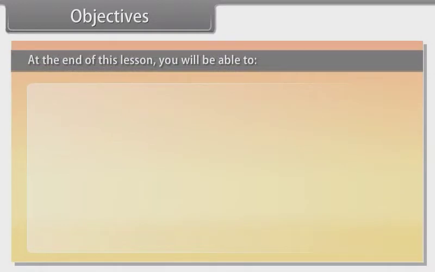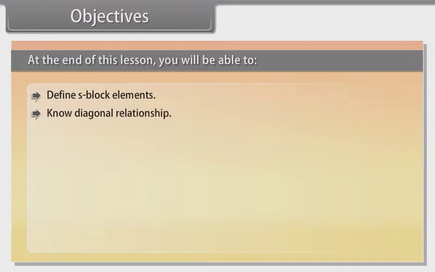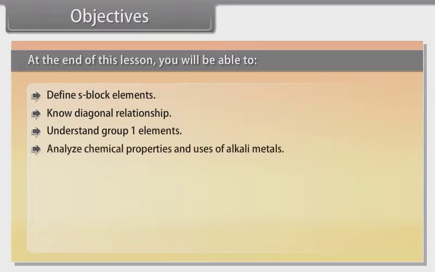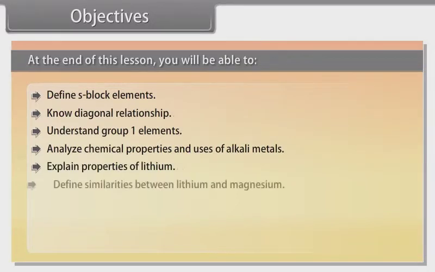Objectives. At the end of this lesson, you will be able to define S-block elements, know diagonal relationship, understand group 1 elements, analyze chemical properties and uses of alkali metals, explain properties of lithium, define similarities between lithium and magnesium, analyze